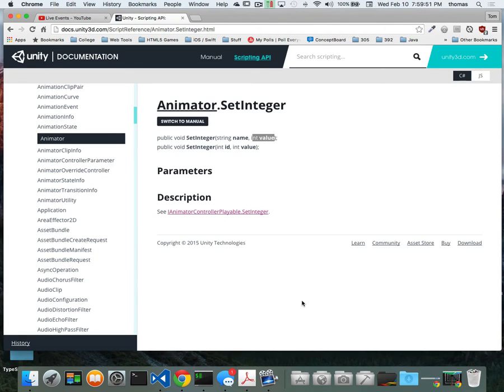Hey, guys and girls, guess what? This is going to play my animation. So if I set my anim state to 0, it's going to play my idle animation. If I set my animation state to 1, it's going to play my walk, and 2, my jump. That's it. That's how we make the animator work. Okay, so we know that, but we also have to make the guy walk. And we're going to use the